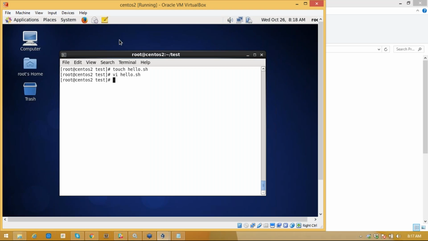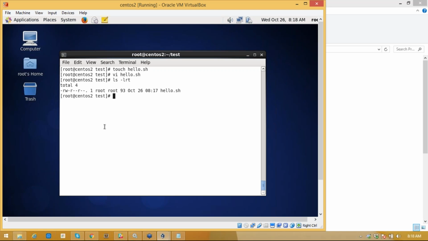Now we can execute this shell script in a different way. Let us say ls -lrt first. Does anyone have execute permissions on this particular file? No, right? There is no x here. Read, write, read, read. No one has execute permissions. So we have to give the execute permissions.